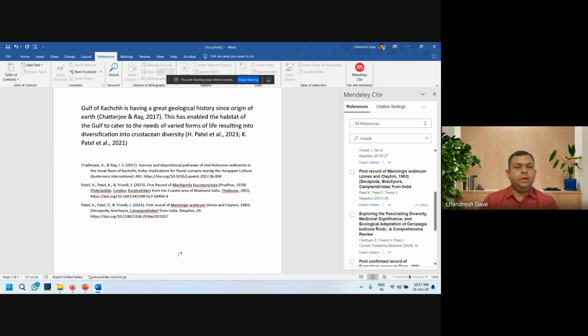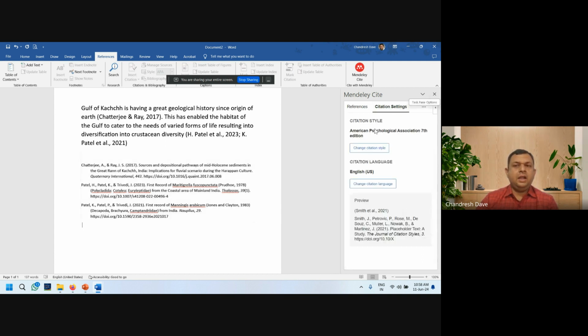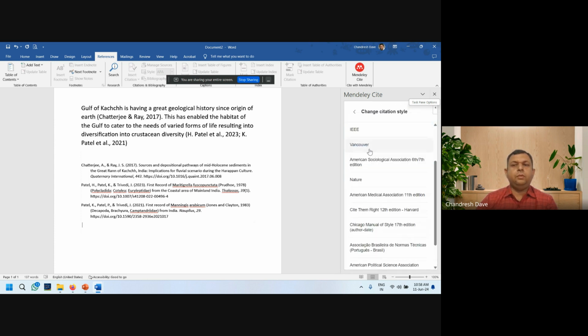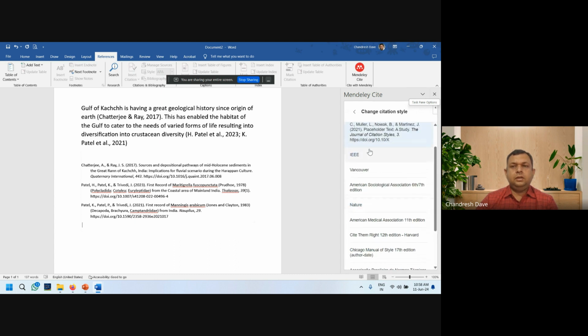It created the bibliography in a year-wise manner. For example, the oldest paper will come first in a chronological manner, right? Then the more recent ones, and then this. However, how the bibliography is generated will depend upon which style you have preferred. Here there are different styles available. For example, right now we have chosen the style. Here you can see different styles of some of the popular journals.